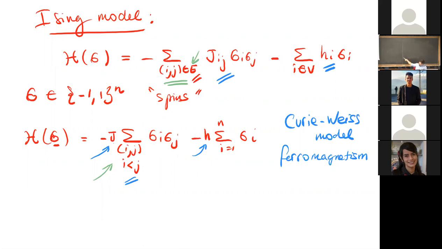So if this J is positive, what does it tend to do? In the generic case or in? No, in the simplest case, in this case here. Let's consider the Curie-Weiss model. Just one